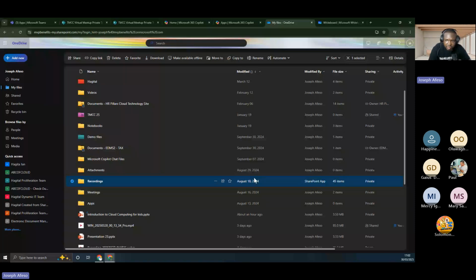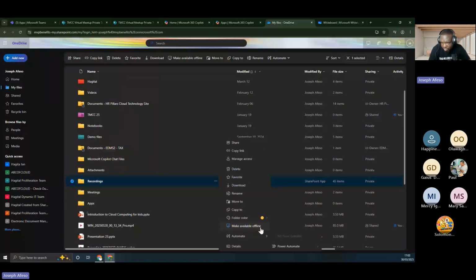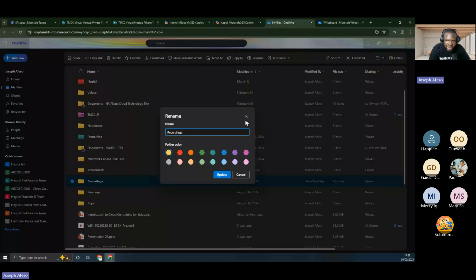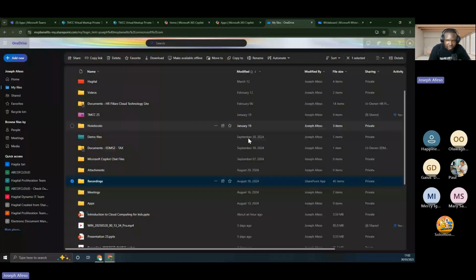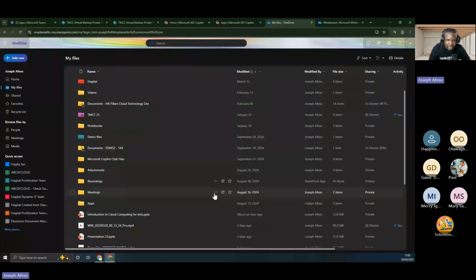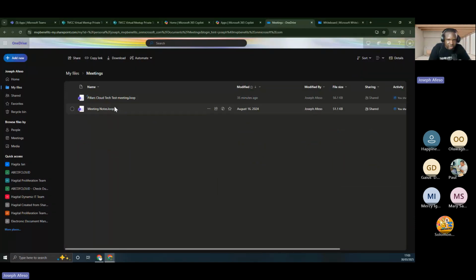my account was created. But if I attempt to do a modification which I've not intentionally done before, maybe renaming this particular one, then it's going to be the date of today, because this will now be the last modified date, right? But when this folder was automatically created for me, since this account was created, I've never had any reason to modify the folder. So that's why you're seeing it here. But all recordings are going to be here. Then for the meetings, this is where the agenda is going to be, because it's going to be in Microsoft Loop.